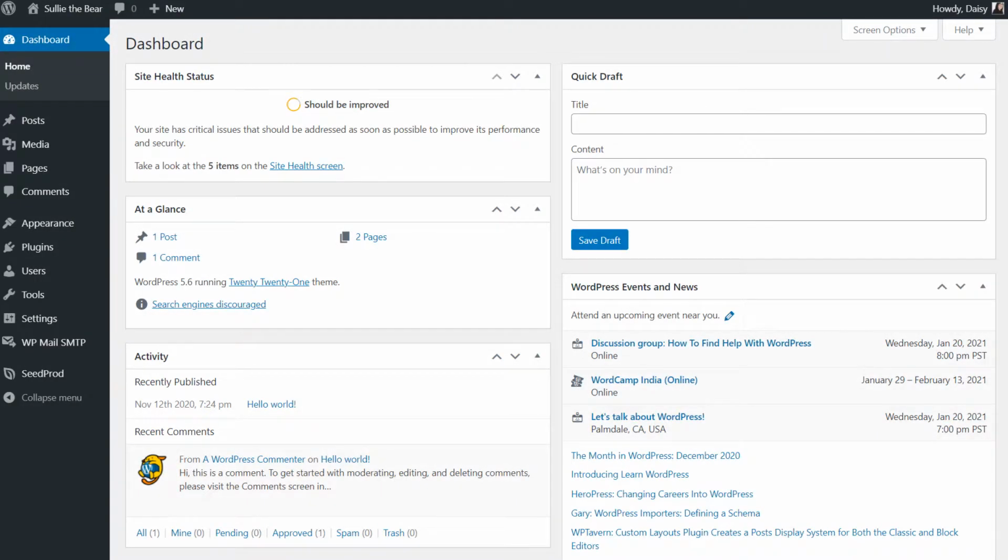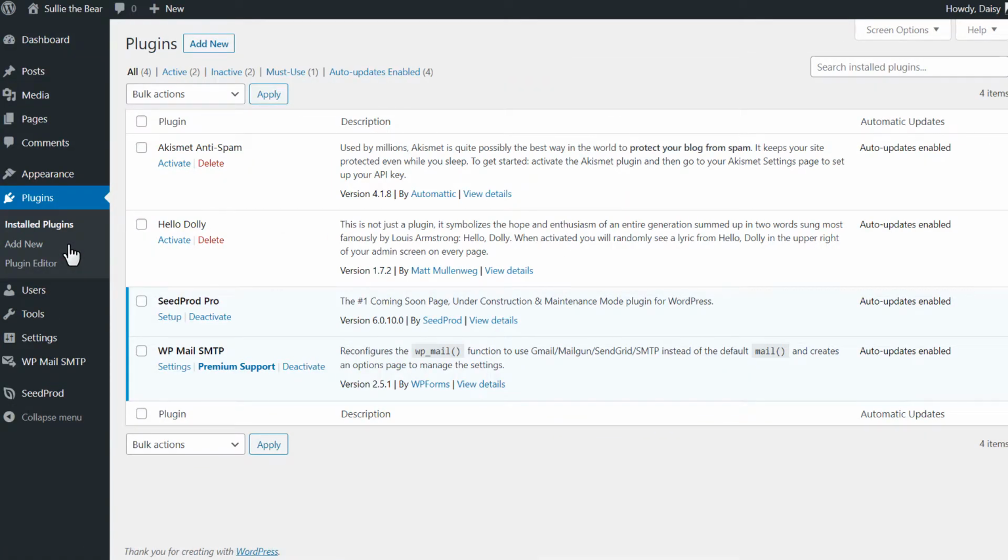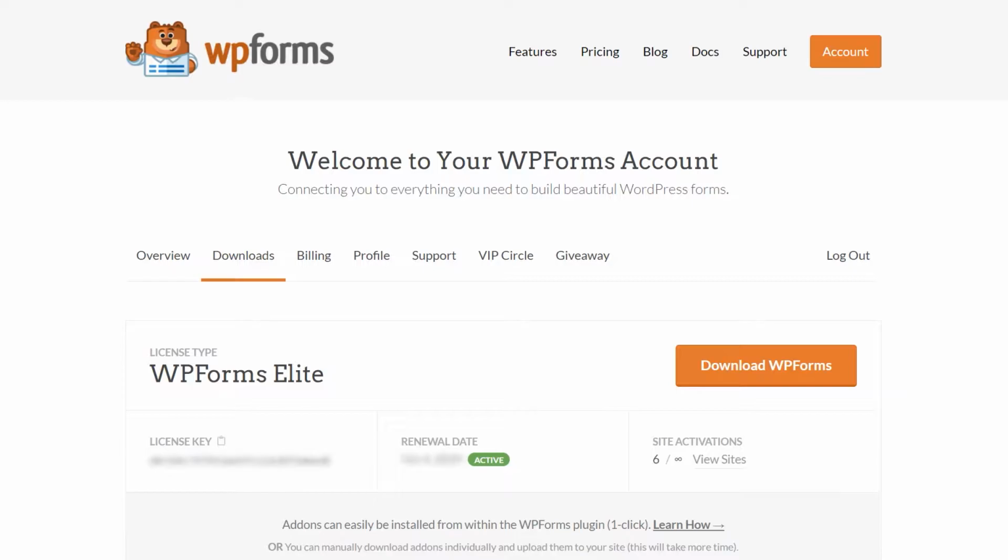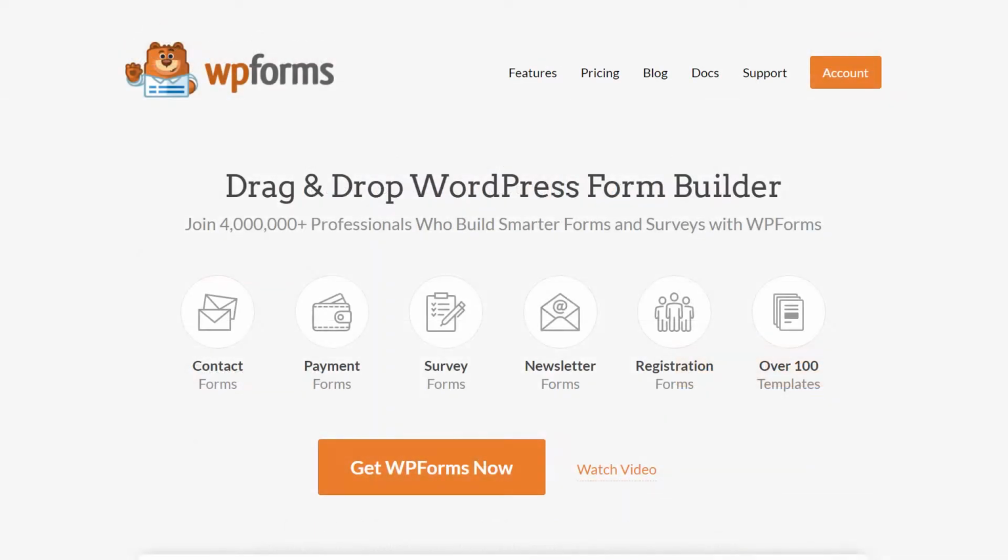After logging into your WordPress site, we'll first go to the plugins page and install WPForms to your site. If you haven't done so already, you can download the plugin from the Downloads tab in your WPForms account area. If you don't have a WPForms account, you can go to